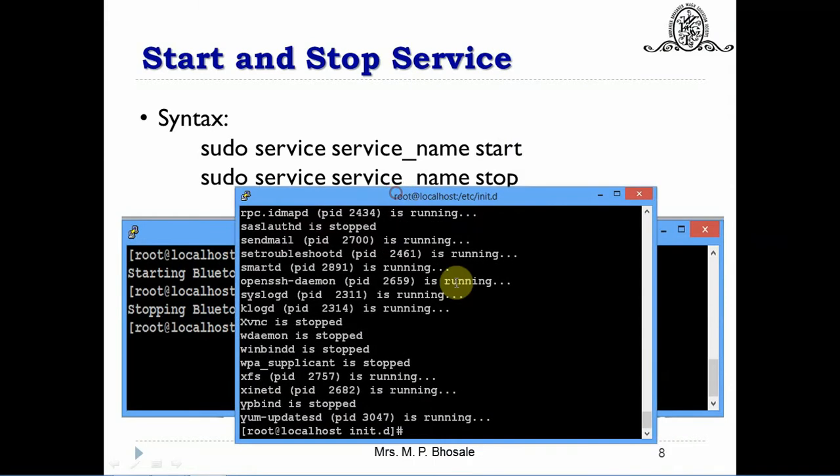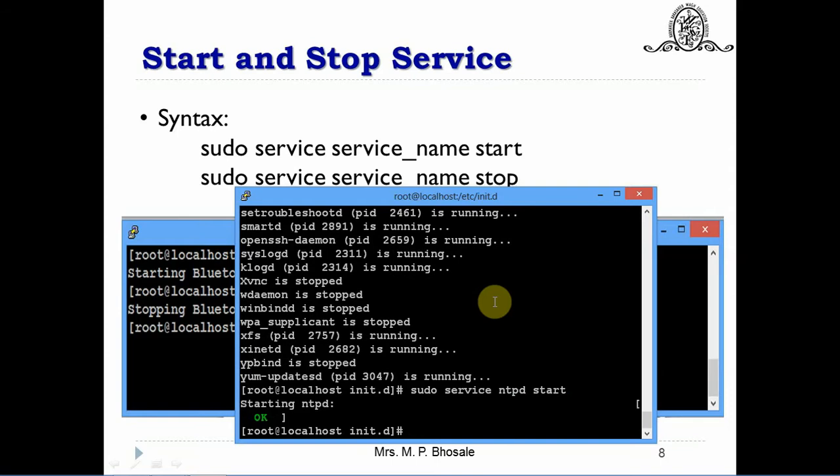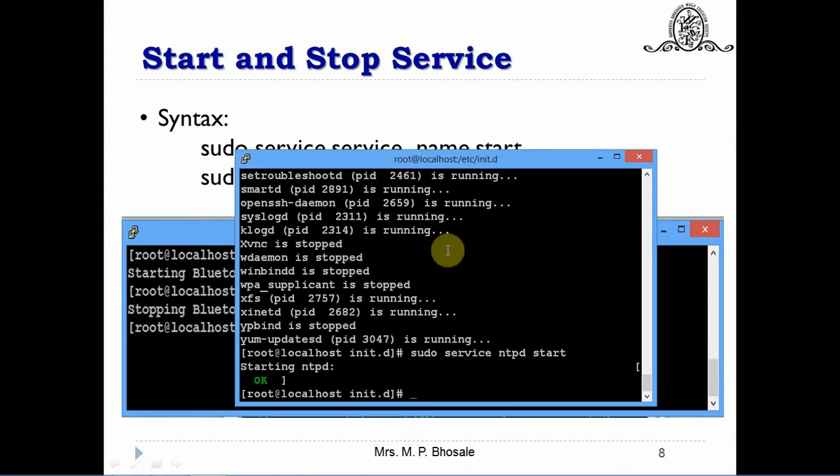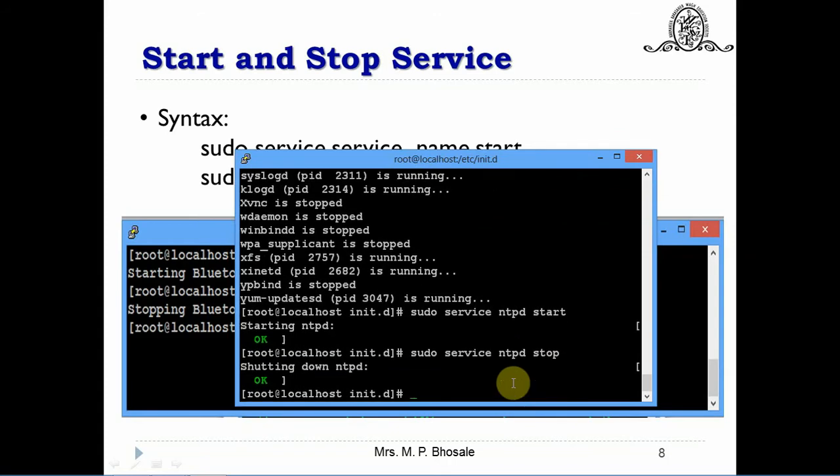Here you can observe I am writing the sudo command, then the word service, then the service name, which is ntpd, and the command is start. Now you can observe it says starting ntpd, OK. Again, if I want to stop it, the same command is used, only instead of start you use stop. It will say shutting down ntpd, OK.